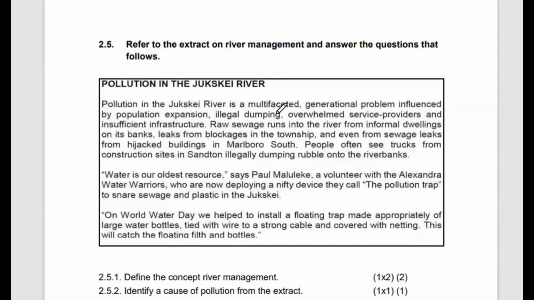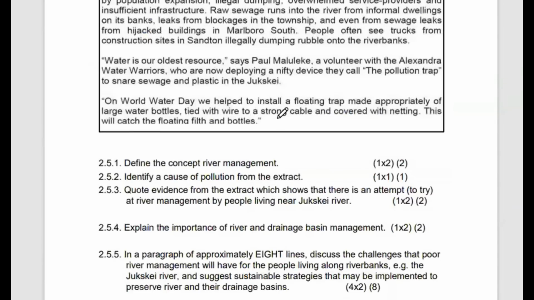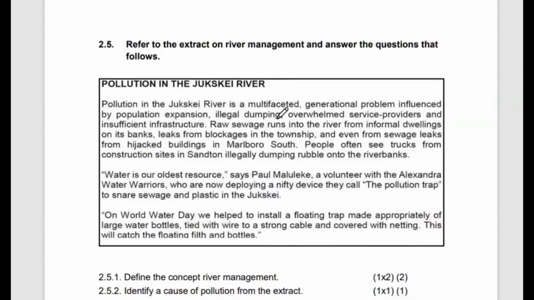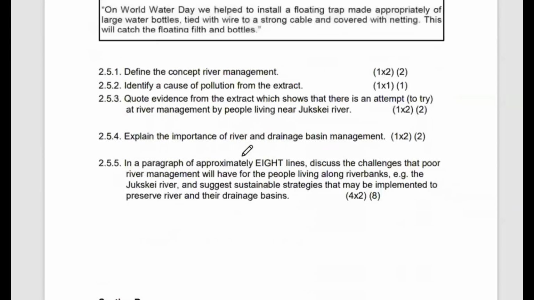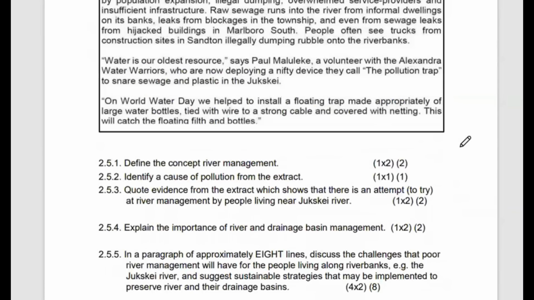Right, that takes us to question 2.5, which is a case on the pollution of Jukskei River. Right, we got the questions. The first question is saying, define the concept of river management. This is a geographical concept that you can define in many ways, as long as you're addressing the concept. So here, how I can define it, we can say it is the process of sustaining and maintaining rivers, and sustaining and maintaining